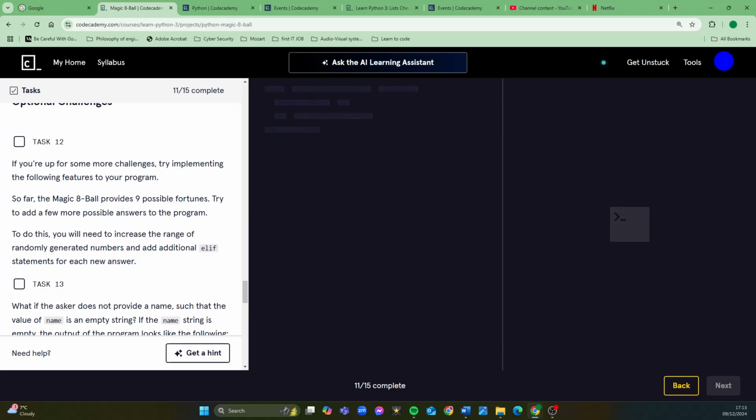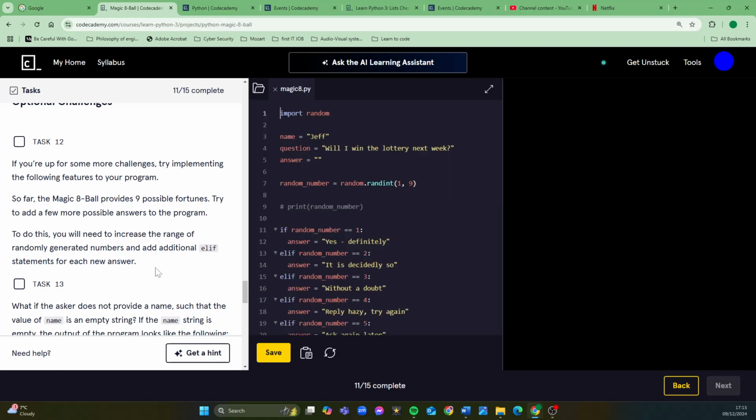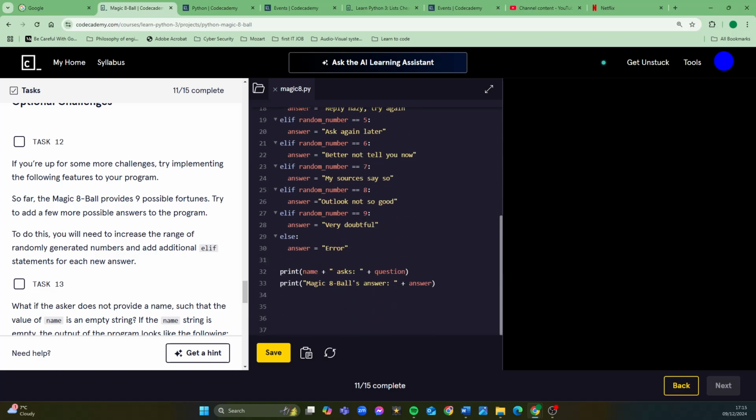To do this, you will need to increase the range of randomly generated numbers and add additional else-if statements for each new answer. So what I could do is change it from 9 to 11, and it's inclusive, remember, and now I can say elif random number is equal to 10: answer will have assigned to it the value